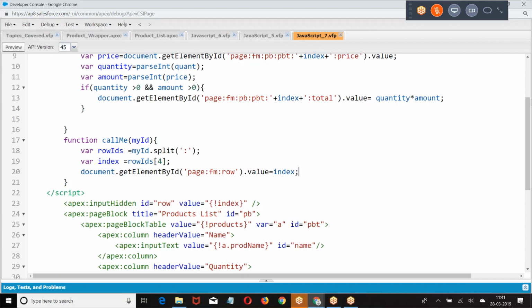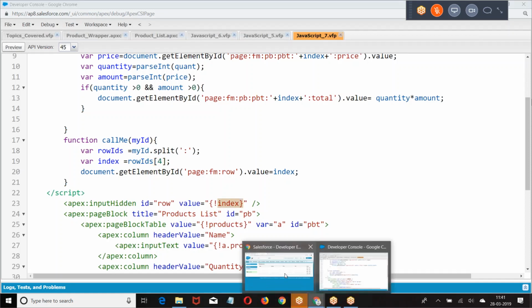People have followed this. Now, whatever row number I got, I am assigning it to page, form, ID row. For the element whose ID is row, we are assigning the index value. So if I select the second row, 2 will be assigned to index. If I select the third row, 3 will be assigned to index. Are you getting my point? Whichever row I clicked, we get the row ID here. Based on the ID, I find out the row number. That row number I am assigning to index.